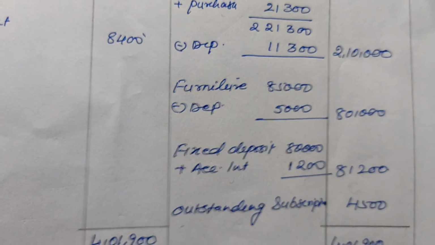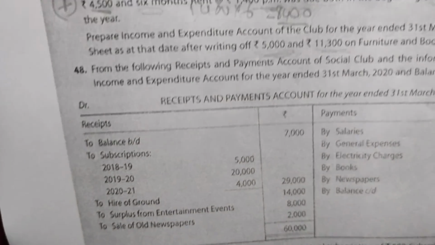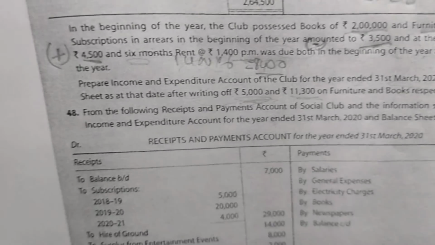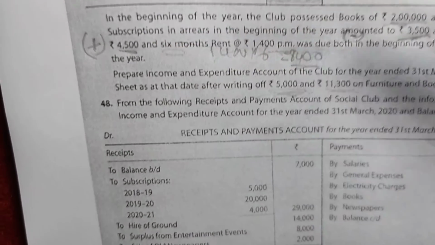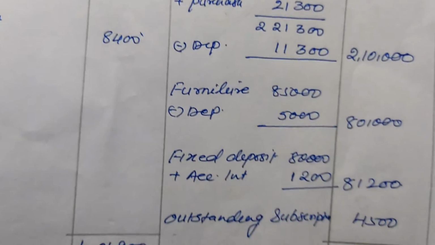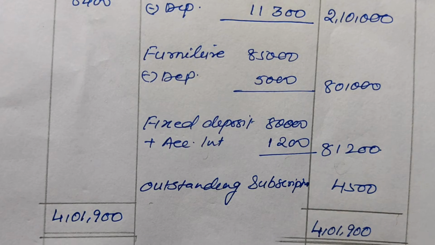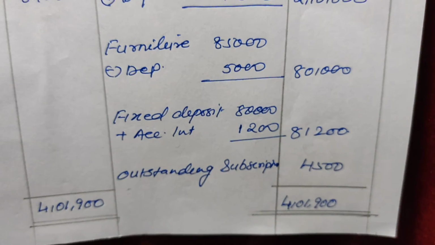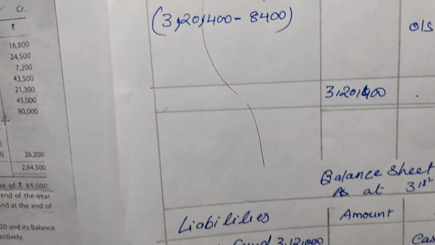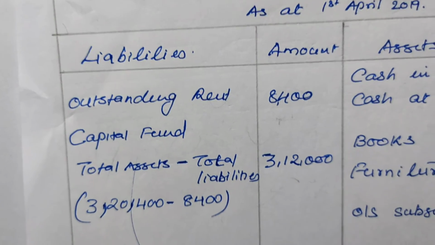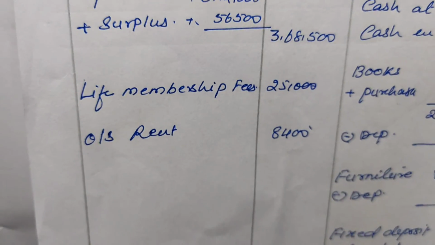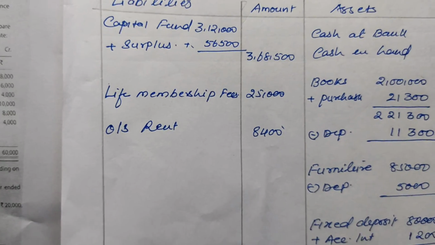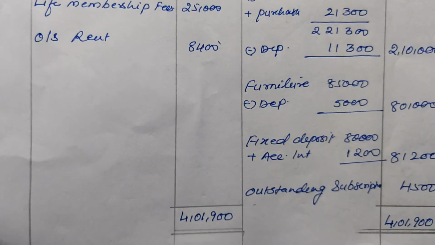After writing the assets, next is the outstanding subscription at the end of the year. This figure you will get from the adjustment. We have the outstanding subscription at the end of the year, that is 4,500. That we will record in the closing balance sheet. Opening outstanding we had recorded in the opening balance sheet, closing outstanding we record in the closing balance sheet. In the same way, outstanding expenses is recorded on the liability side: opening in the opening balance sheet, and closing in the closing balance sheet. If there is any advance subscription, that also we have to record in the closing balance sheet. There is no advance subscription.